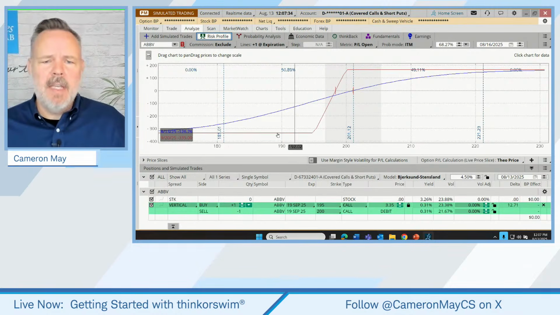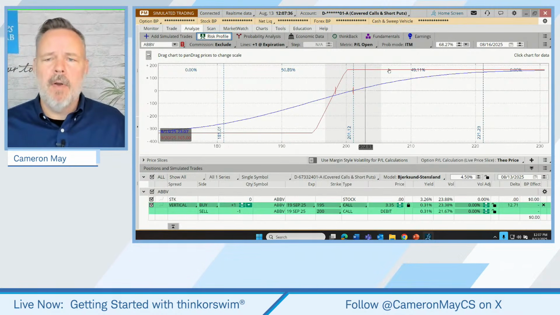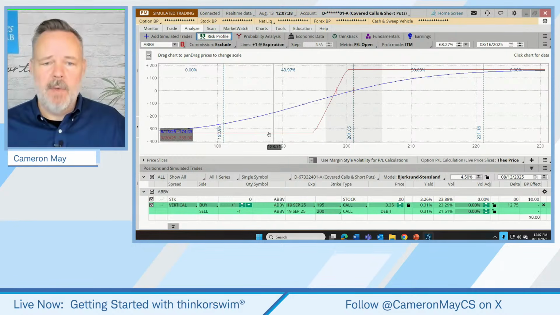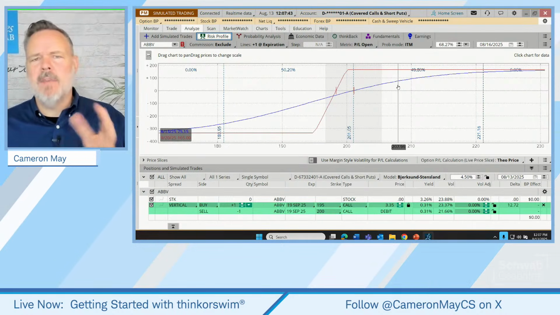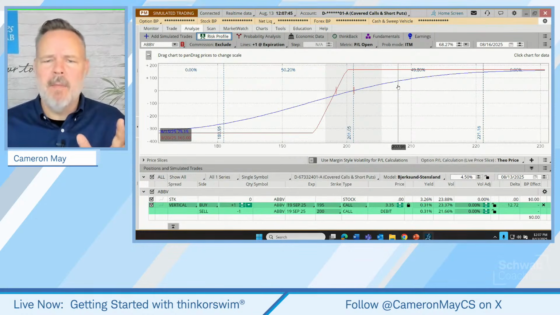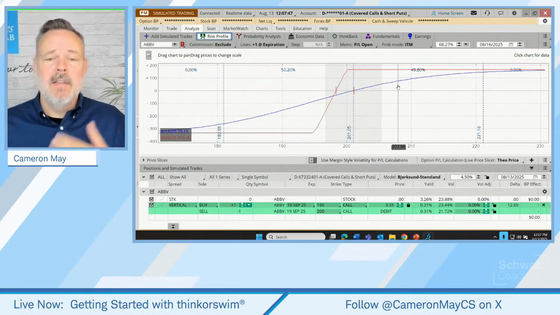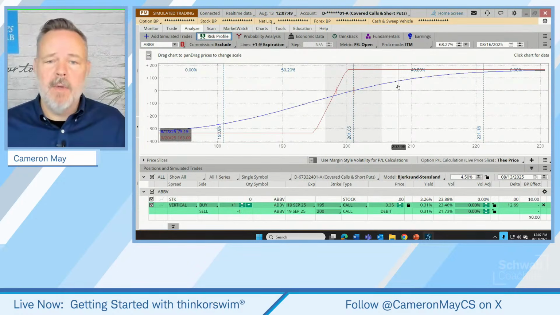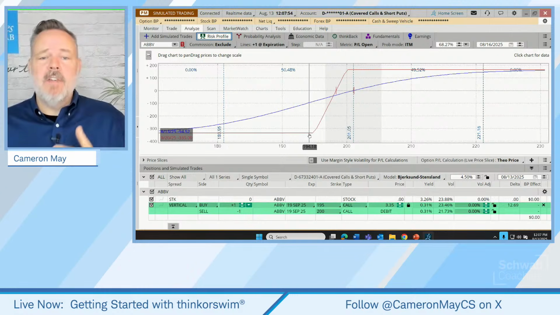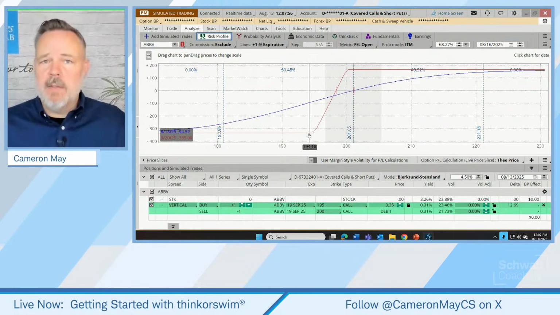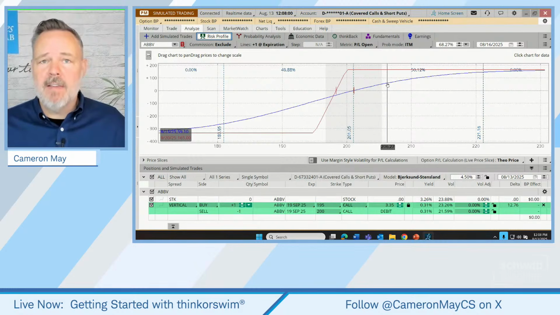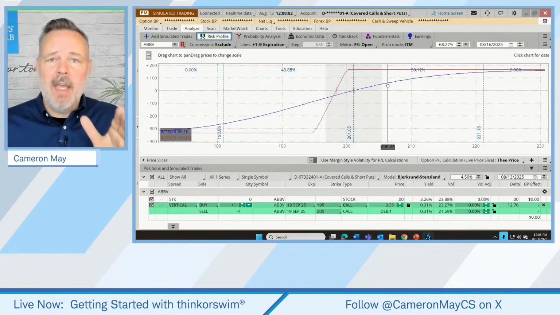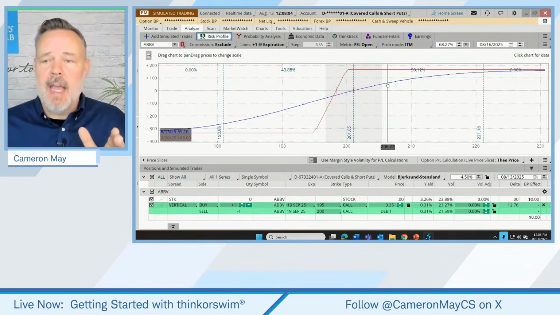But by default, what we're seeing here are two potential profit and loss lines. So we have this red one, and then we have a blue one. Your color schemes on your platform might be a little bit different based on how you have your color set up, but that's what we're going to be viewing today. The red one, though, is showing us the potential for profit or loss if we let this trade go all the way to expiration. The blue line shows us the potential for profit or loss at some date before then, starting by default today.